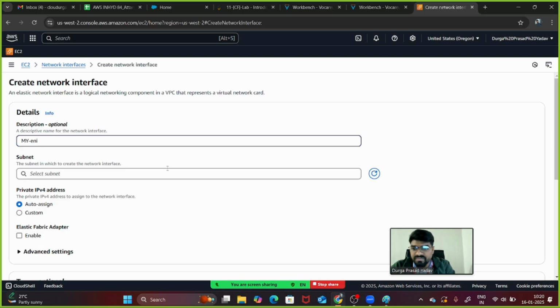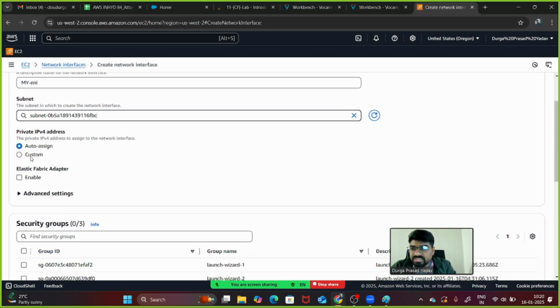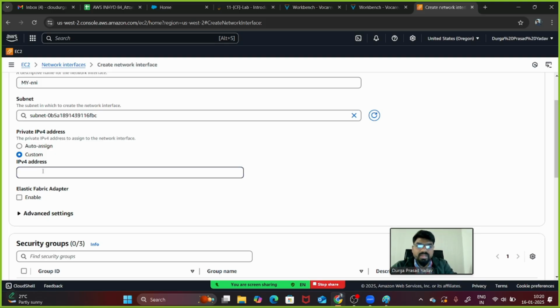If I select subnet 2A, it asks for a custom IP address, so we can keep 172.31.16.5 or 6. Simply you can keep this IP 7, 8, 9, 10, whatever you want, you can keep.